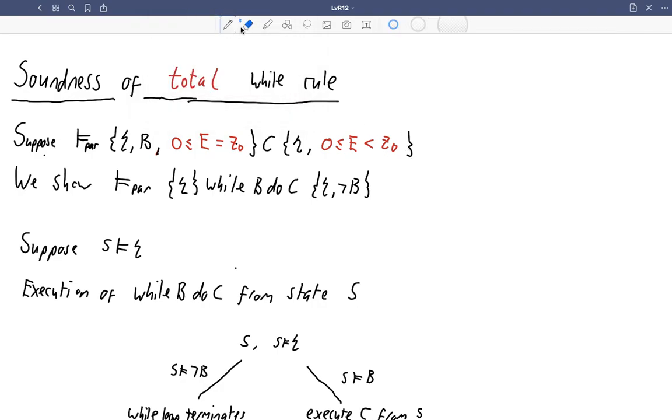Of course, we're supposing that this is because we're proving the soundness of the rules for total correctness. We assume that this Hoare triple expresses a true property of total correctness, and we want to show that